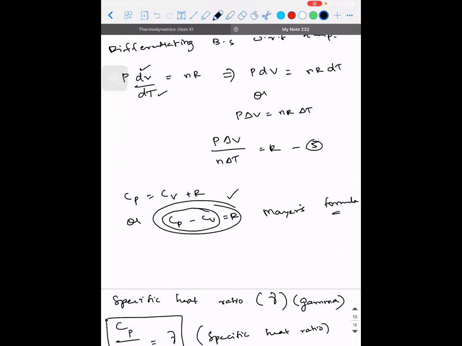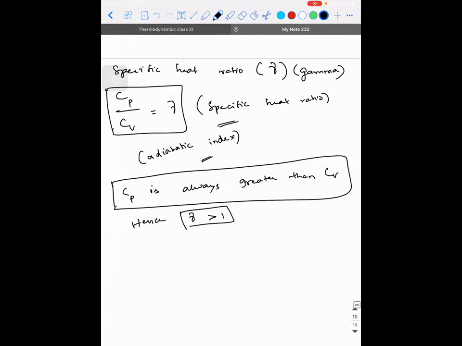Okay, this might be a 1-mark question. Out of the molar specific heat at constant pressure and the molar specific heat at constant volume, which one is greater? So you can directly say Cp is greater than Cv. So please make a note of this value and also this point. Gamma is always greater than 1. The application of gamma will be there in the next chapter. We'll be using it for gases. Okay, as of now, have this point, gamma means Cp by Cv. That's it. Is that clear? Yes, sir. Okay.